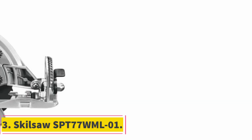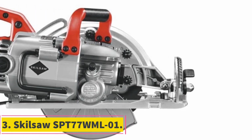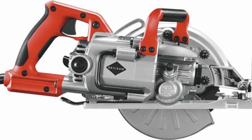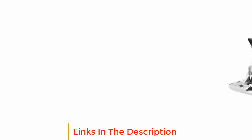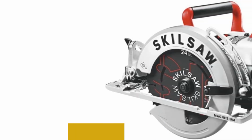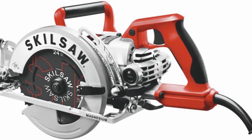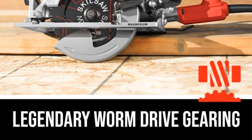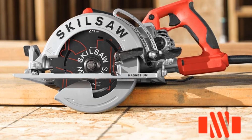Number 3. Skilsaw SPT77WML-01. When it comes to making circular saws, Skil makes some of the best ones. The Skilsaw SPT77WML-01 is a saw geared to power through hard lumber effortlessly, just like the Dewalt worm drive saw I talked about above. Apart from the saw handles, which are rubberized, the whole saw comprising the shoe plate